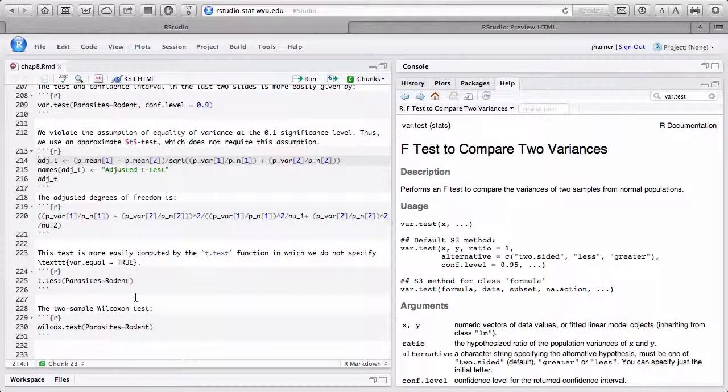Here there's a very complex formula. It's in the book, and this is the version in R. You can adjust degrees of freedom. And so